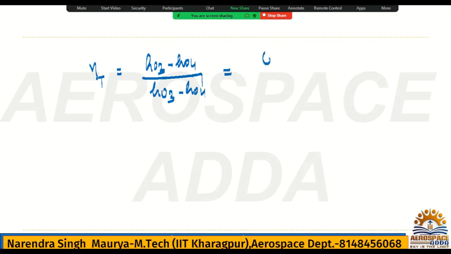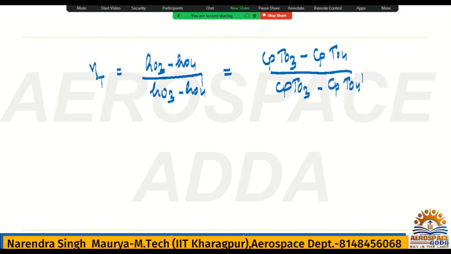You can write here Cp T03 minus Cp T04, divided by Cp T03 minus Cp T04 dash. Remember this Cp is for gas, okay, because in the turbine we have gas, not air. This is also (T03 minus T04) divided by